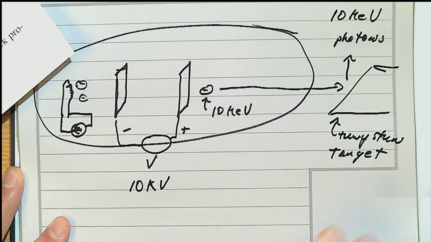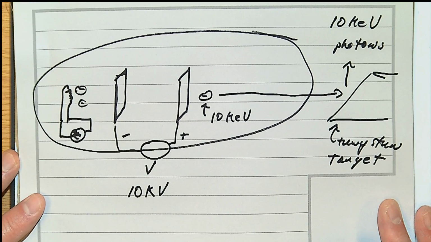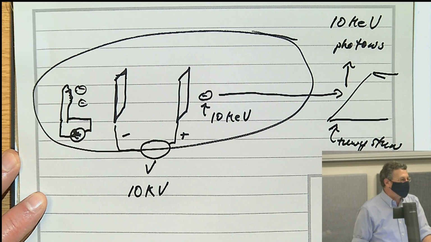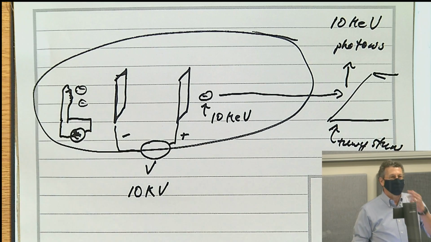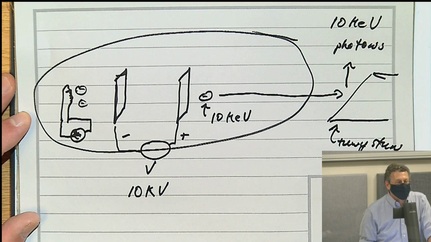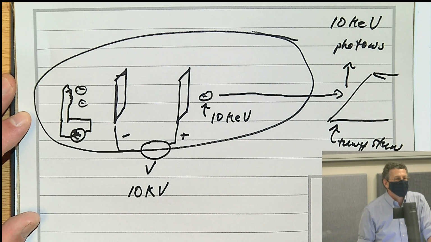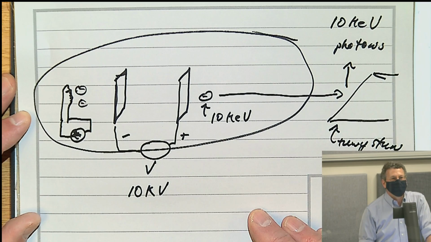Okay? Now, one thing that's really interesting is that photons have no mass, okay? So what happens is that because they have no mass, they always travel at the same velocity, which is the speed of light, unless they're going through a dielectric. But in free space, they always travel at the speed of light. Because anything with mass can't travel at the speed of light, because you'd have to put an infinite amount of energy into it. So instead, because they have no mass, they travel at the speed of light all the time.